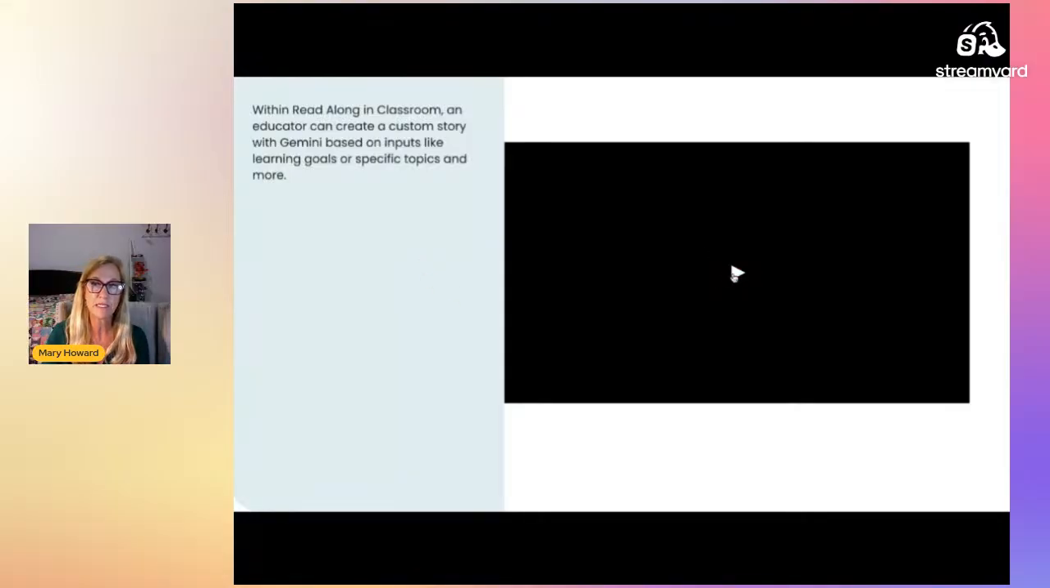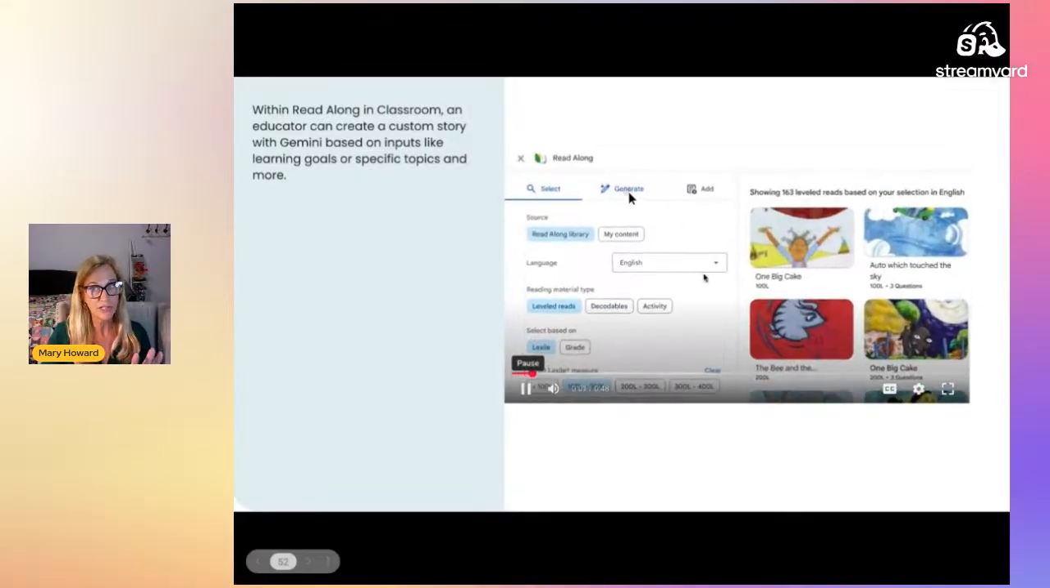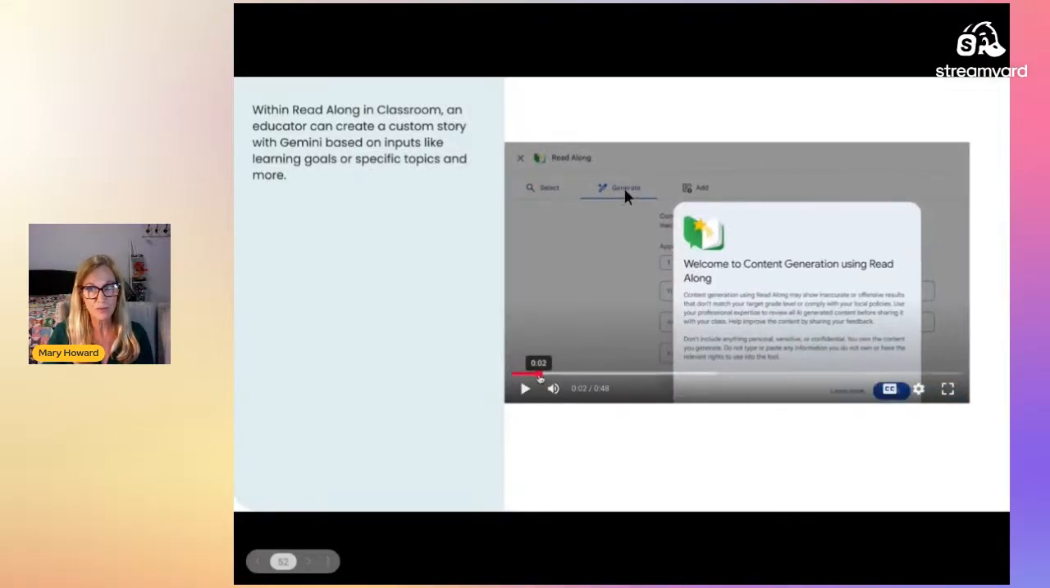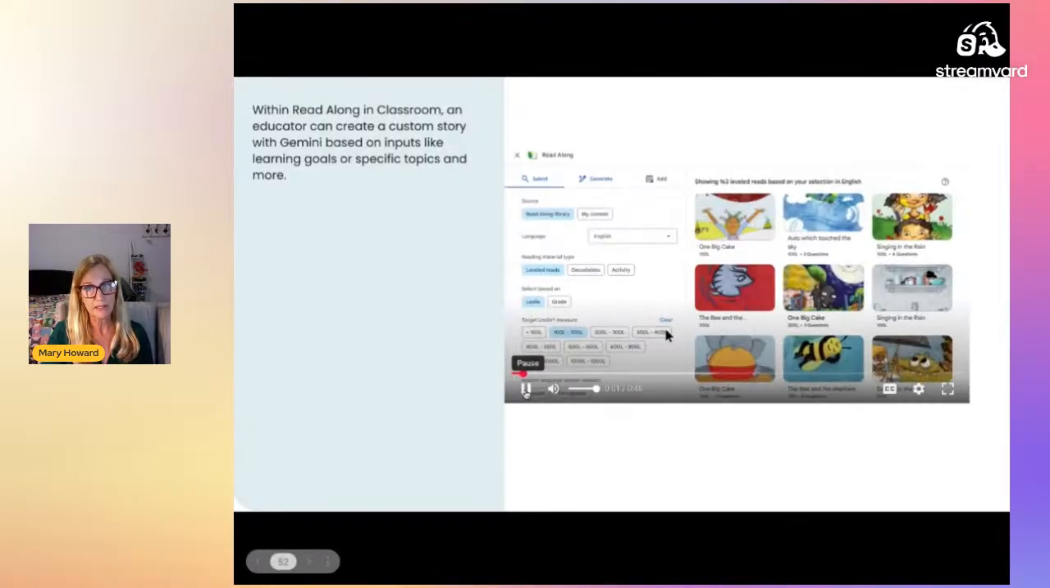And so this little mini video is going to show you, and I'll try to stop so it doesn't go too quickly, how you can use Gemini to support you making your own read along with all of the features. So even that first part happened so quickly. So if you're building a new assignment for your students, you will notice at the bottom, you do have this read along option now. And so the first thing would be to click that,